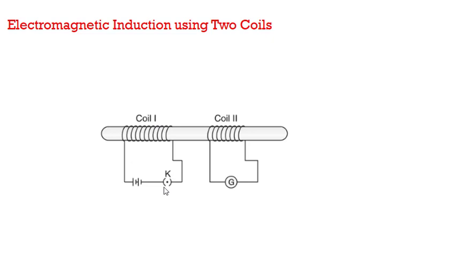Now when I switch off this key, then once again I will see deflection in the galvanometer, but now in the opposite direction. So can you give the reason why this happened? When I switch on the key, as the current starts from 0 to maximum level, there is induction of magnetic field. Magnetic field is induced around the current carrying coil. Because this induced magnetic field changes from 0 to a maximum value, there is a change in magnetic field, and because of that change, coil 2 shows a deflection in the galvanometer, that is, there is flow of current in the coil.